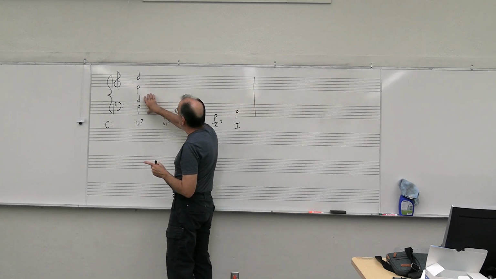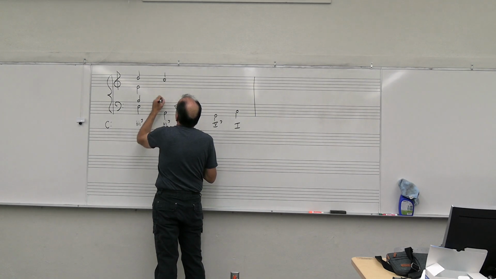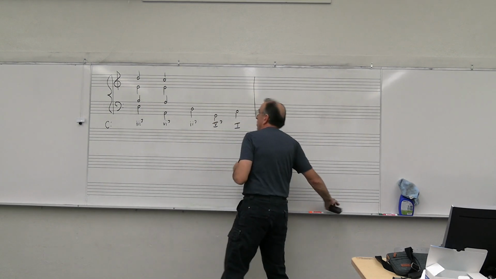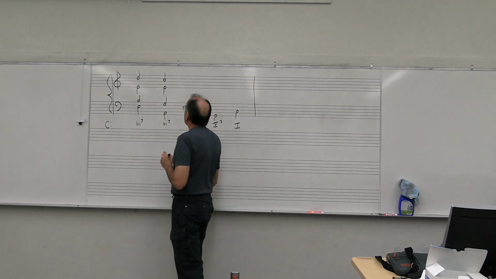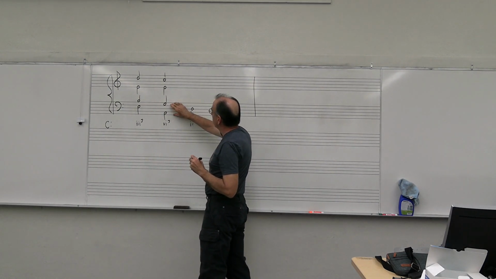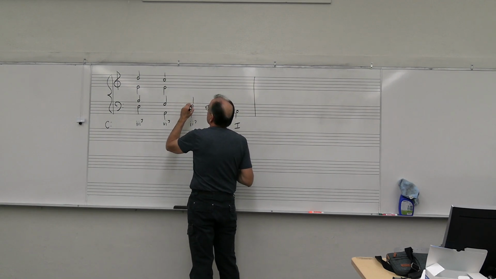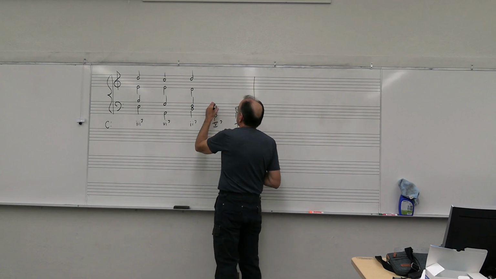So I'm going to omit the fifth here so that I can have a fifth in this one. Whoops, I need a seventh, sorry. So that's my A minor seventh. And then I will omit the fifth in this one so that I can have